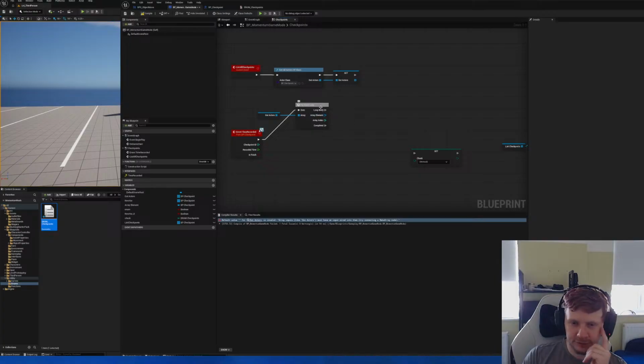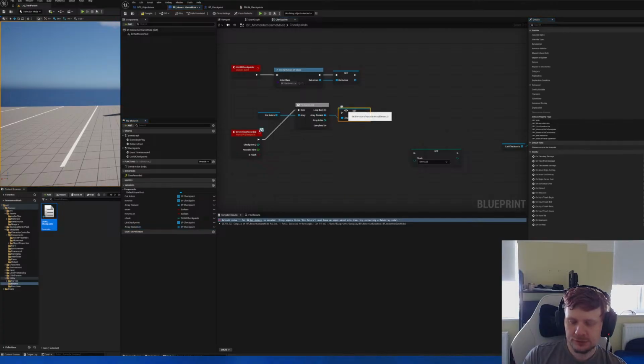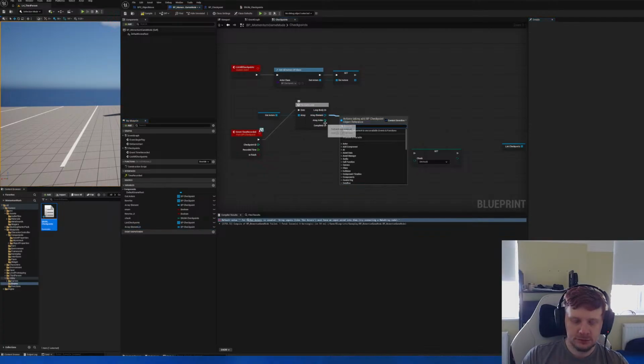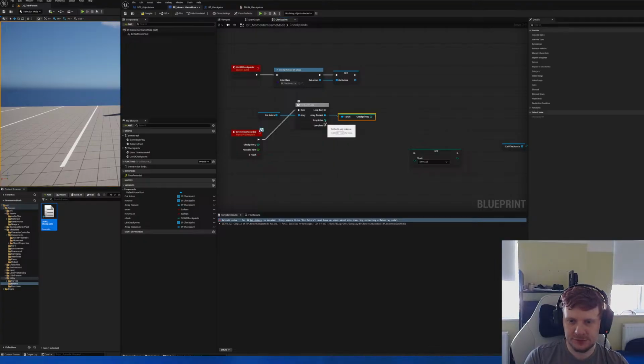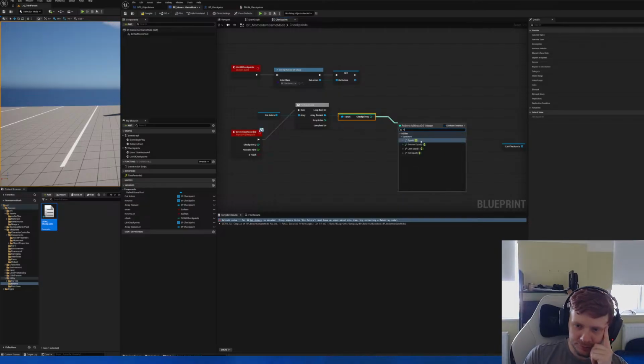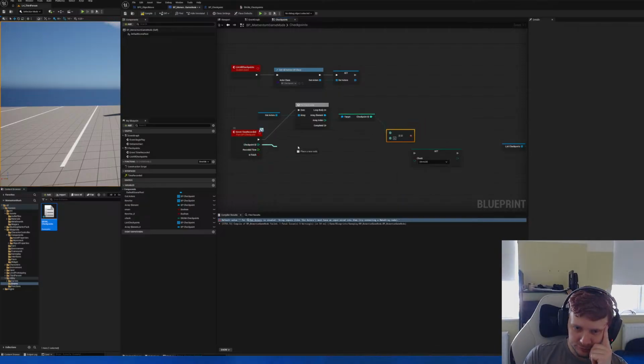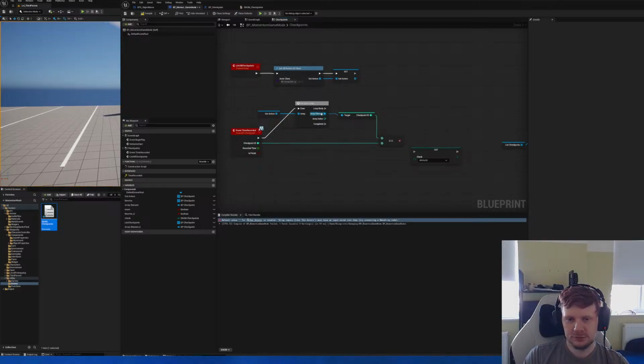Let's loop the body and get checkpoint ID. And if checkpoint ID matches this,